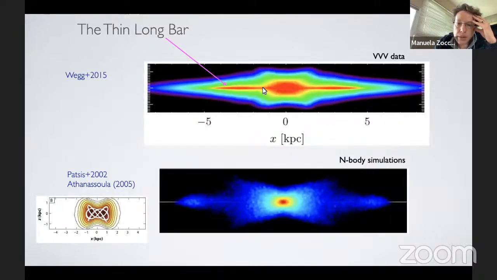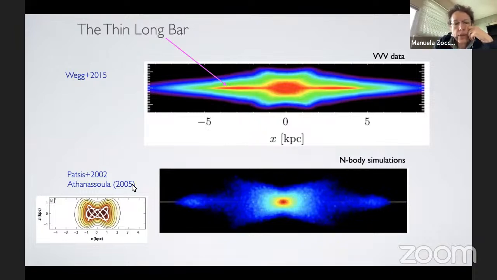So this is the main bar, this is the boxy peanut or the X that we talked about, but in the outer part and in the plane, there is also a thin, long bar, pretty long. It extends up to 5 kiloparsec in each direction. And we think that all this, the main bar, the thin long bar, and the boxy peanut, are all part of one single structure that we know pretty well how it could form,